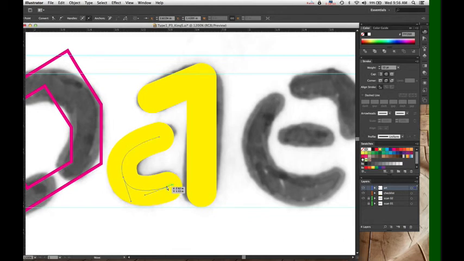So this provides a much more pleasing curve shape for us. Just that simple adjustment of having equal curves on both sides really makes a big difference in the shape, how pleasing it is to the eye.